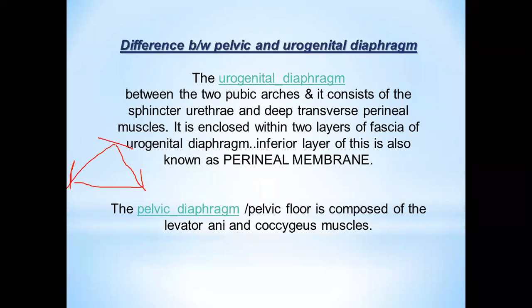This is the pubis bone or pubic symphysis, if we can very closely say it. And this part is the perineal membrane. So this perineal membrane is pierced. This area is now pierced by the urethra. In cases of male and female, it will be pierced by the urethra in both of them, but in cases of female, additionally, it will be pierced by the vagina as well.